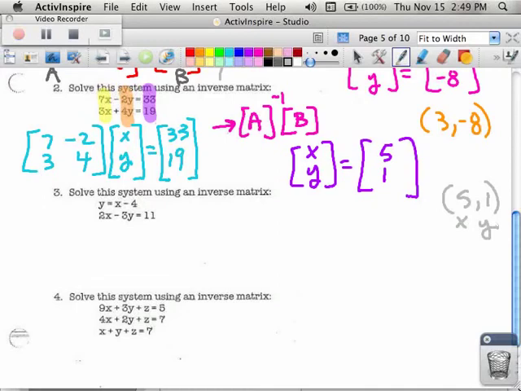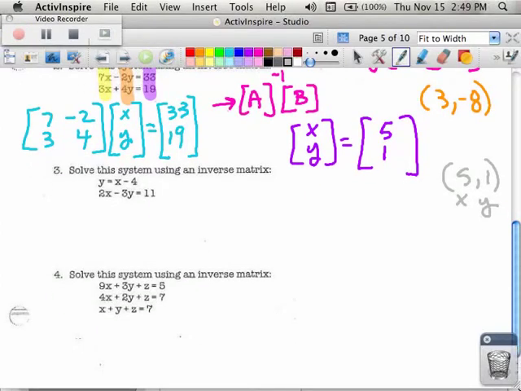Just like up above, where the x was 3 and the y was negative 8. In problem number 3, what you'll notice is that the first equation needs to be rearranged. There's a small problem, because in that first equation, the x is not in its proper spot. So what I'm going to do is rewrite that equation down below, and I'm going